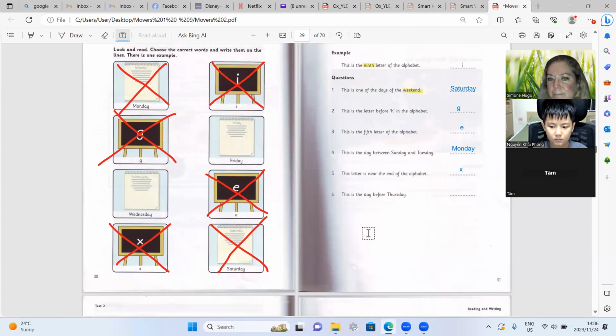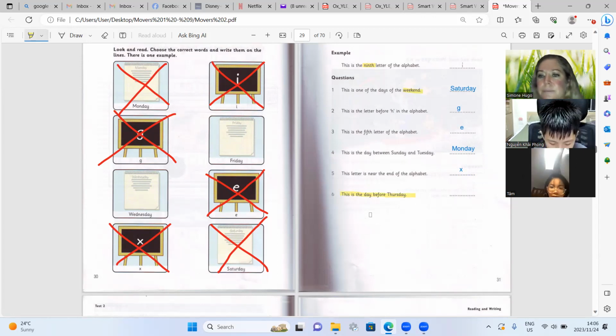This is the day. Number 6. What does this say? Can you read that?